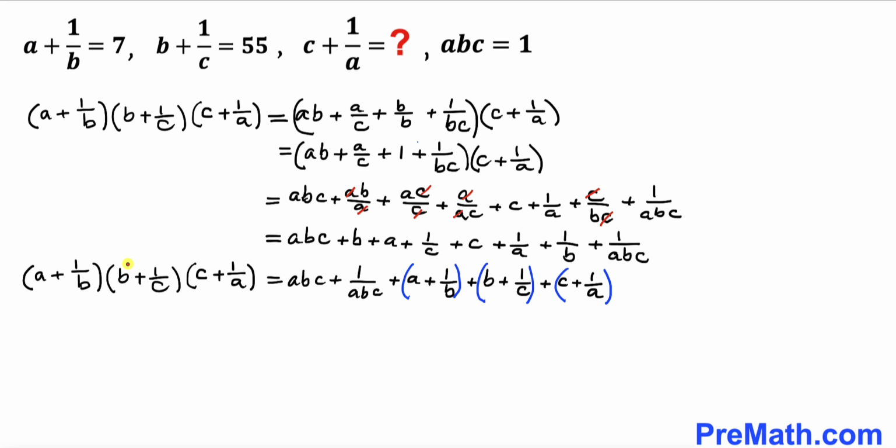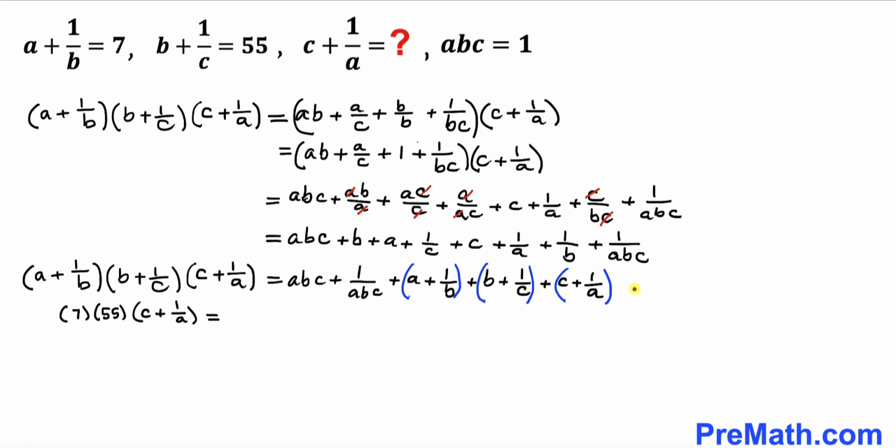And likewise b plus 1 divided by c in our case is 55, so I'm going to replace this by 55. So our left hand side could be written as 7 times 55 times, I'm going to leave this one as it is, c plus 1 divided by a equals to,